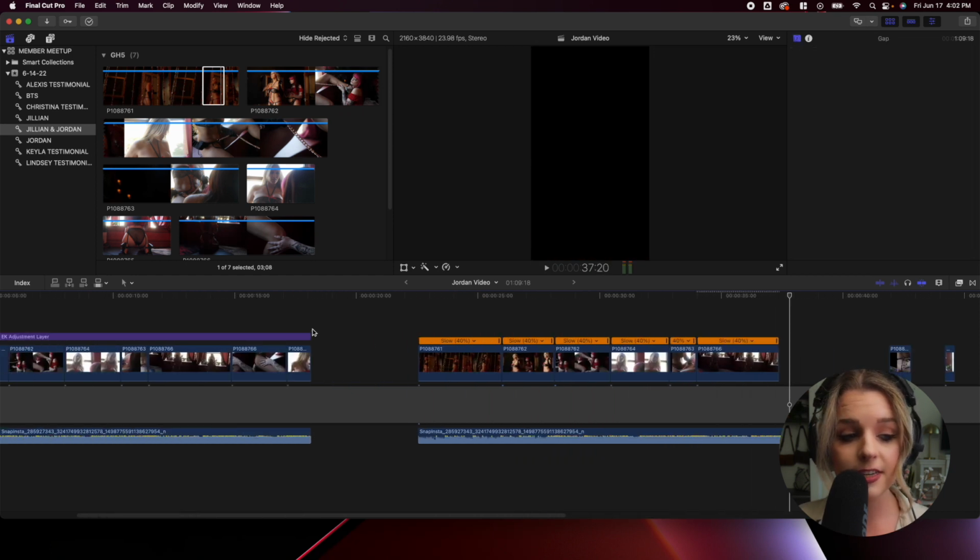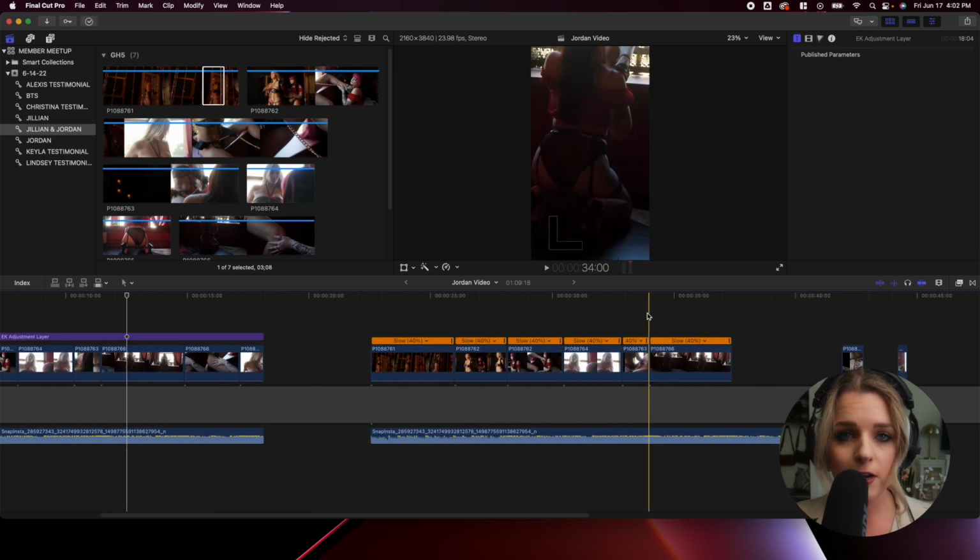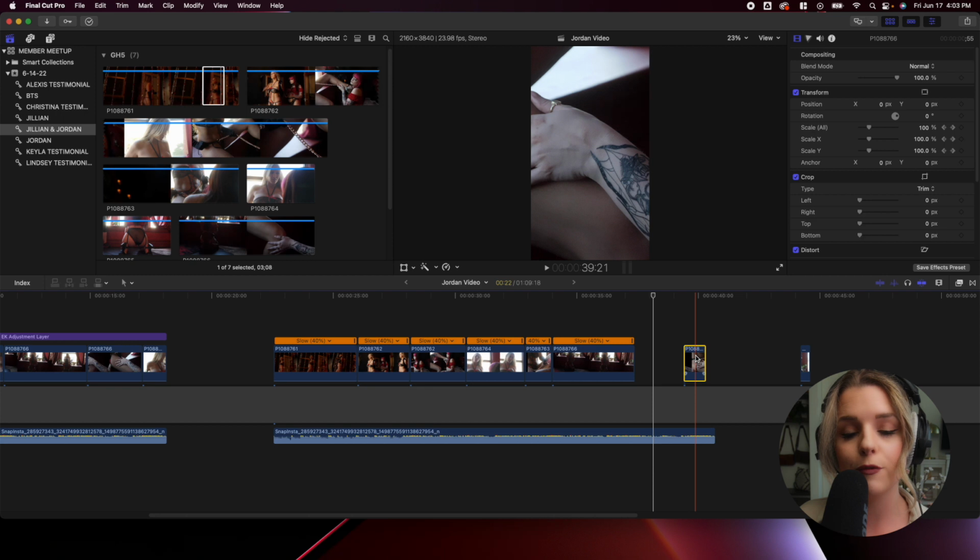That looks fantastic. And they stay in the middle pretty much the whole time, so I don't have to keyframe this clip. And I also see that there's movement in here already, so I don't feel like it's super necessary to add a zoom in or zoom out effect. Let's go ahead and move on to the next clip.